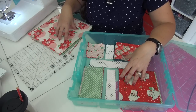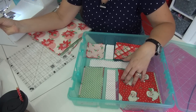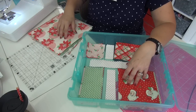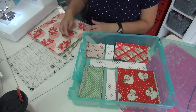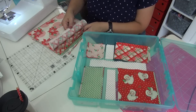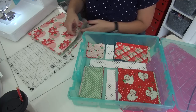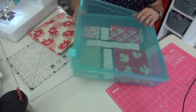So here we need, what did it say? You're only using like 30 or something. And so I did not want to cut all of these, and I also don't want tons of them with the white background. So I went through and pulled out the ones with mostly the white background, but I left a few. So let's see how I would cut this again,